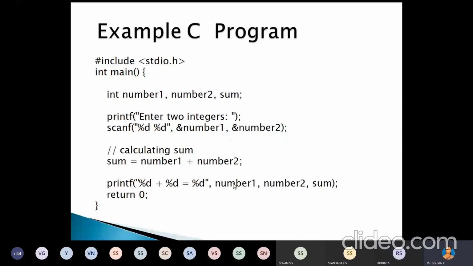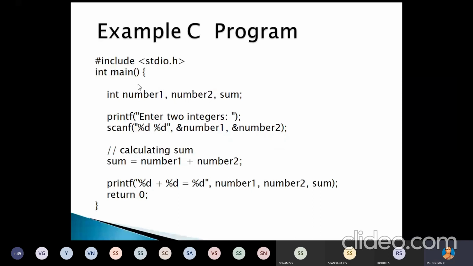Already we have stored some numbers in the memory locations number 1, number 2, and sum. To access the data of those variables, which is integer data, we are using %d and %d. After that, it will return the value 0. Here we are using int main, it will return an integer value. In this particular program, is int main required or not? No, ma'am, that is not required.